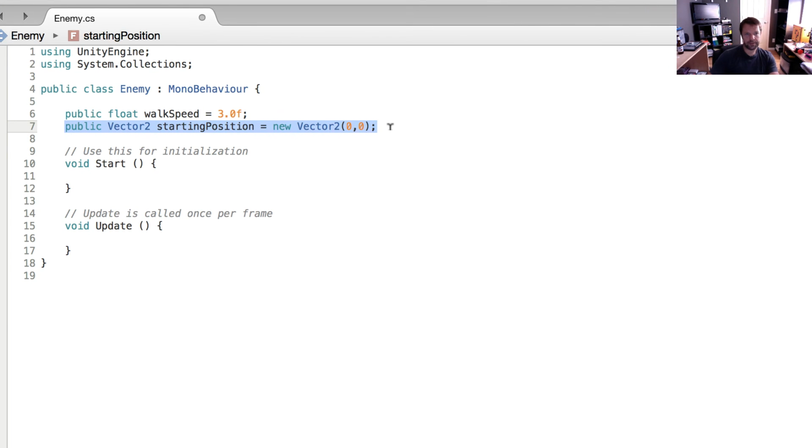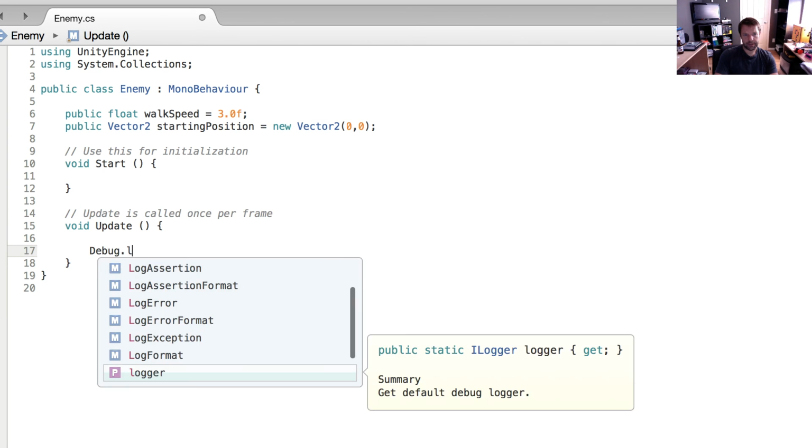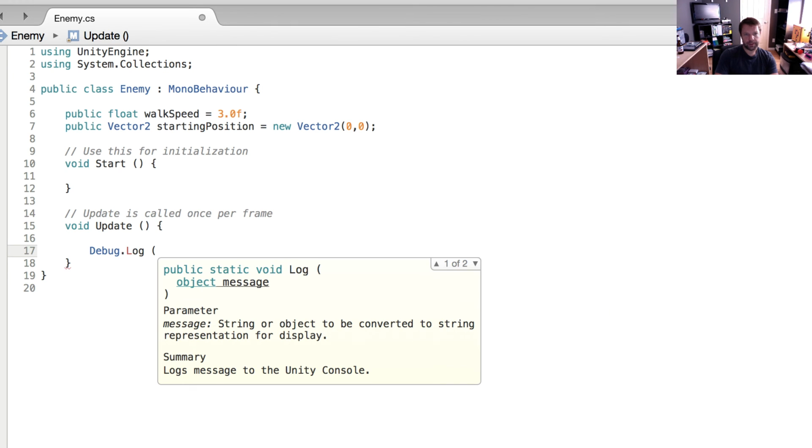So now that we've defined our starting position with 0, 0, we want to print out what our starting position is. Let's go with Debug.Log. Starting position is a Vector2, so our startingPosition variable actually has two properties: an X property and a Y property. So we can print that differently. First we're going to do a quote, and then write starting position X, and then a closing quote,